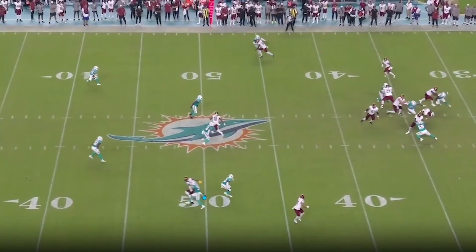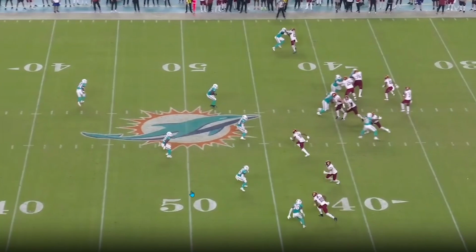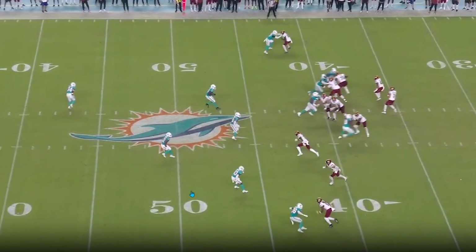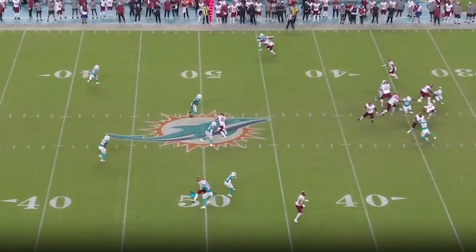Here he is at the bottom of the screen. Love the anticipation. This is a different type of play. A lot of the other times he was getting attacked vertically. Now I want to see him versus some different routes, similar stuff. He's playing in a soft press, so he's not quite getting hands on. Guy breaks to the inside, and now he's got hands on here, but he kind of